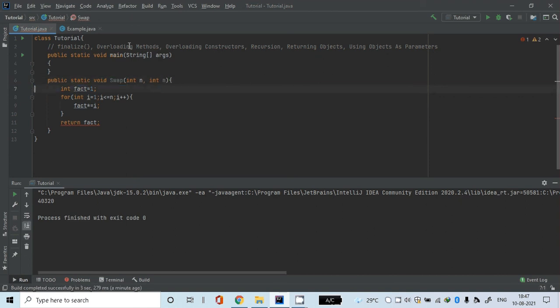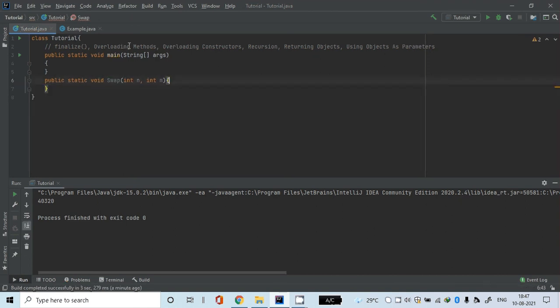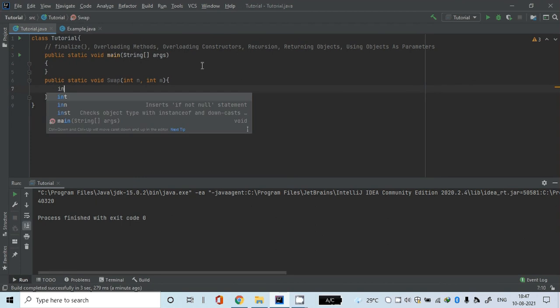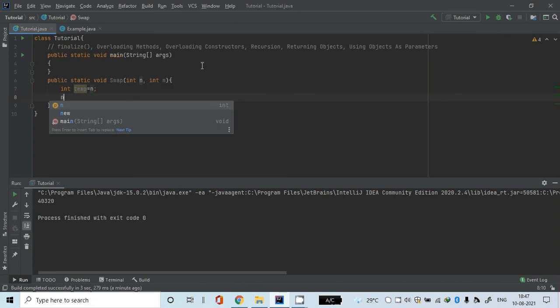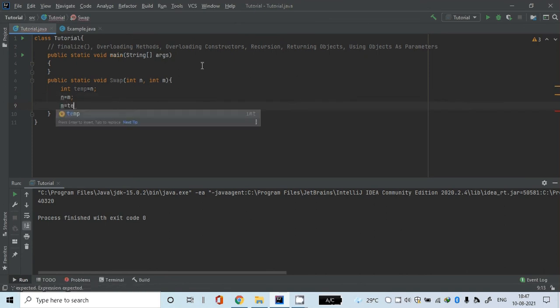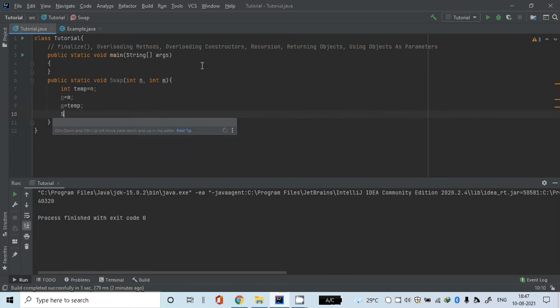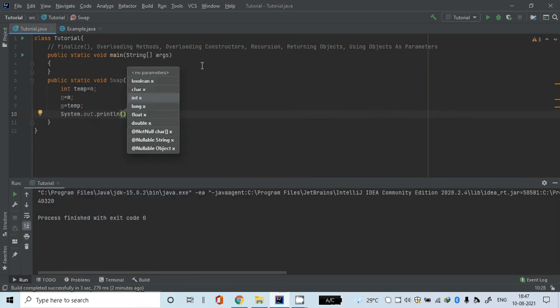In order to swap two numbers, there are two ways. The first method is to create a third variable. All right, so this is the first method. Then after that, n equals m and m equals temp. Then after that, I'm going to print the values using System.out.println of n. Then after that,